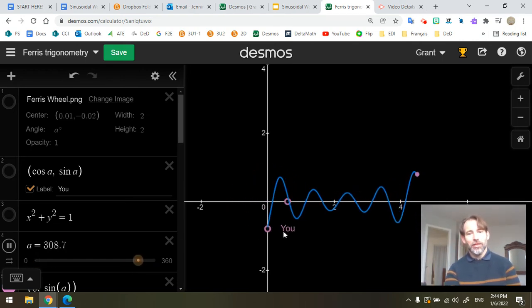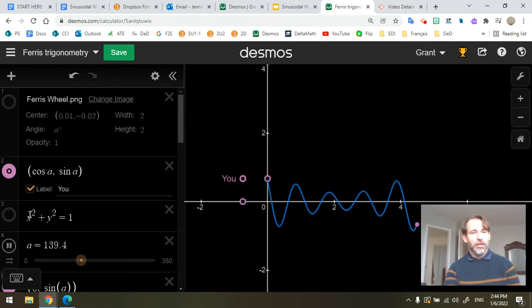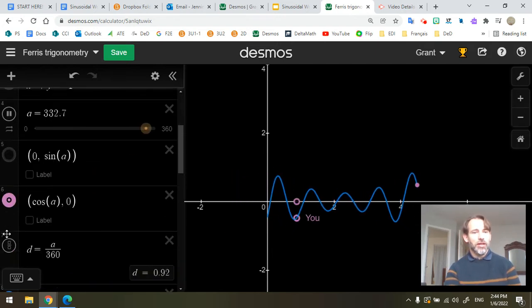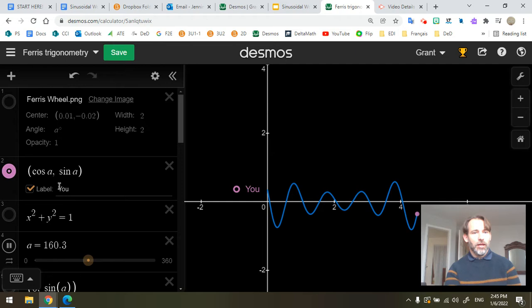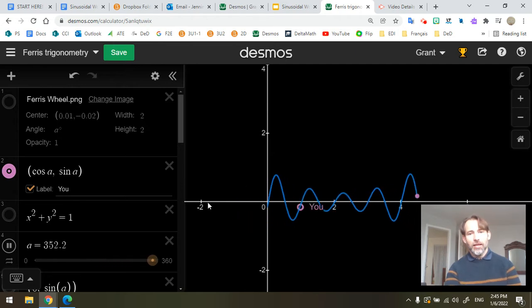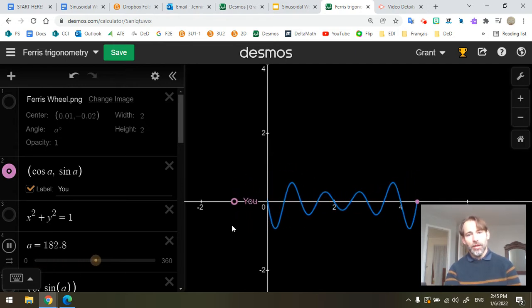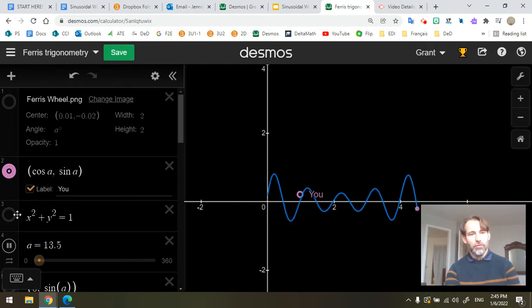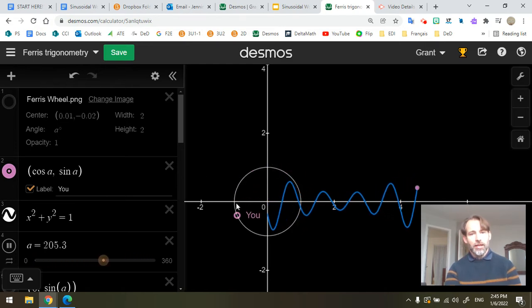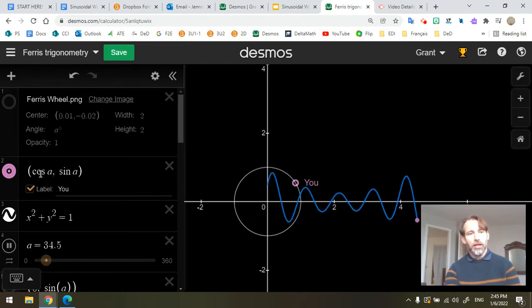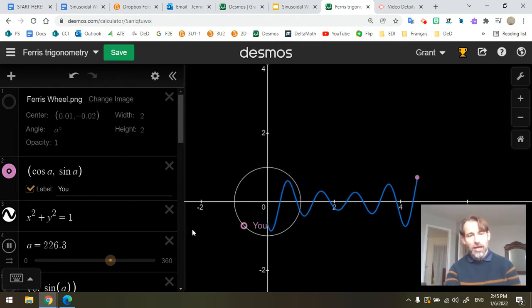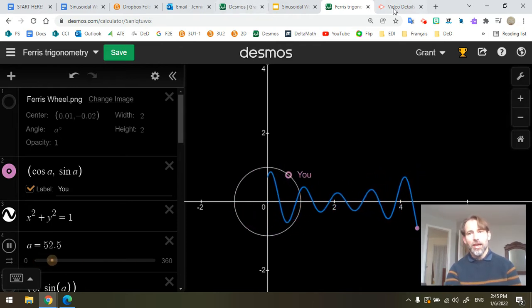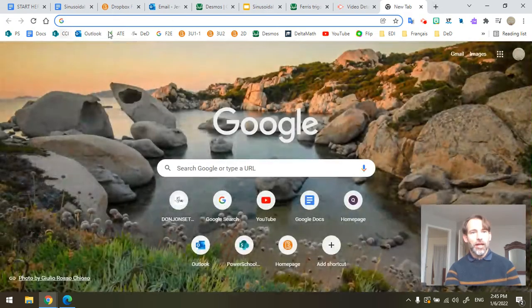Picking up from where we just left off, this point that goes around in the circle bears mentioning how you create that point. Here, cosine A, sine A. So that's an idea. There's the unit circle that it's traveling around. Any point on that circle can be given by the cosine of the angle A and the sine of the angle A. That was an idea that we saw already